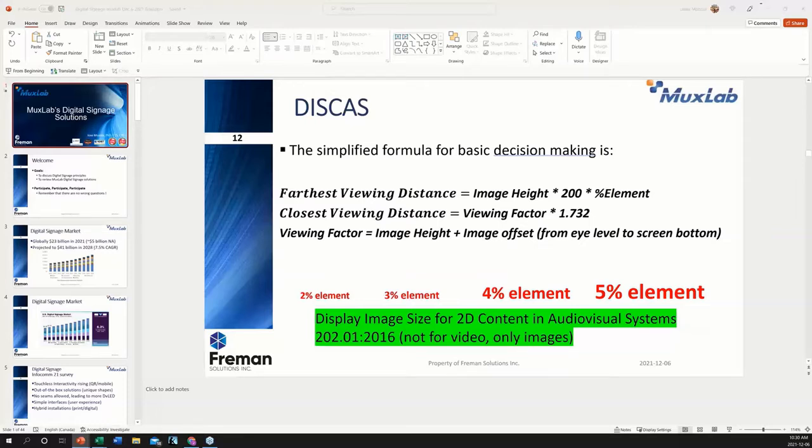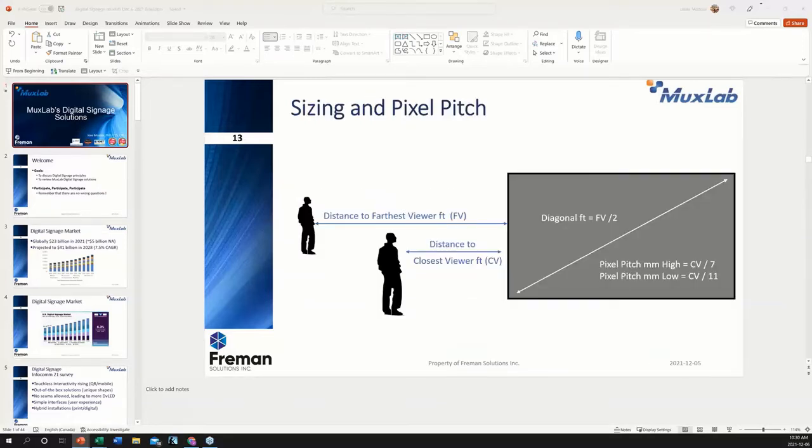So that gives you an idea of how to use Discuss not only for digital signage, but also for your regular installations. And when you actually follow the recommendation of the digital signage companies that are providing you with screens, mainly direct view LEDs with variable pitch, but it also applies to regular screens with the pitch that they come with that you cannot vary, then they have a formula that says that the distance to the farthest, the diagonal of the screen should be the farthest viewer divided by 2. So you take the person that is farther away from the screen, maybe let's say 10 feet. And if it's 10 feet from the screen, you divide by 2, you get 5 feet, and 5 feet would be 60 inches. So you should use a 60 inch screen for a viewer at 10 feet